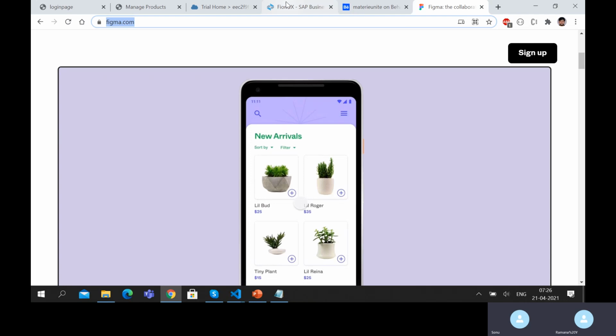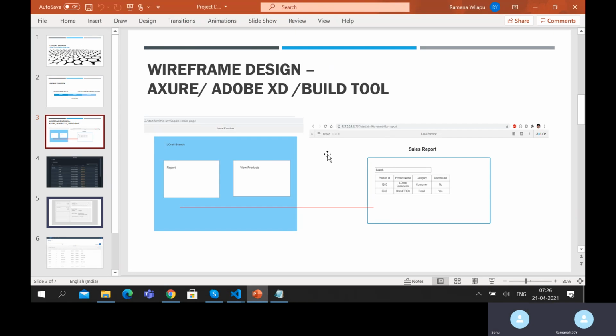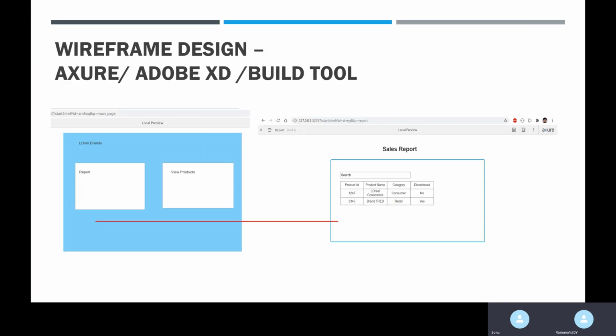Okay, so I'll just go back to, oops, I have opened and I have closed. Okay, fine. So I think finally what we understood is, with Discord we have persona, then comes